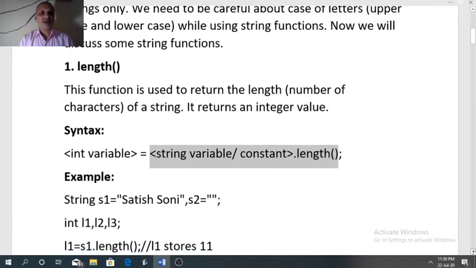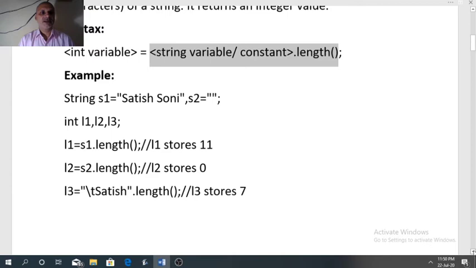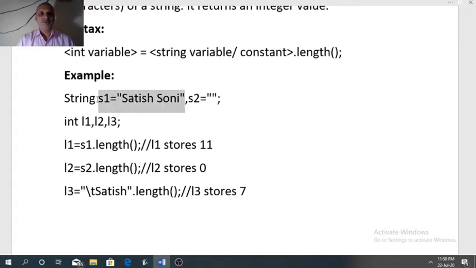Now see the example to understand it. S1 and S2, two string variables are declared. S1 stores my name Satish Soni and S2 stores blank.